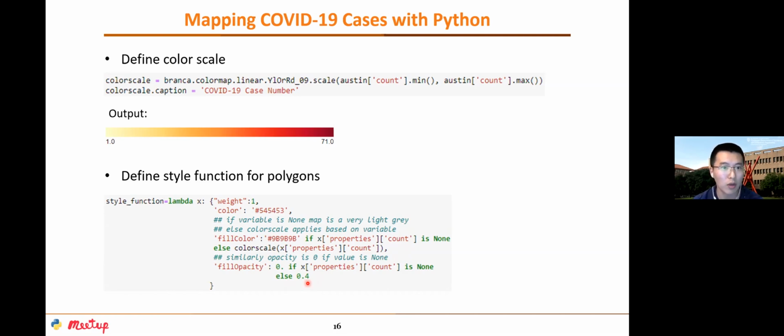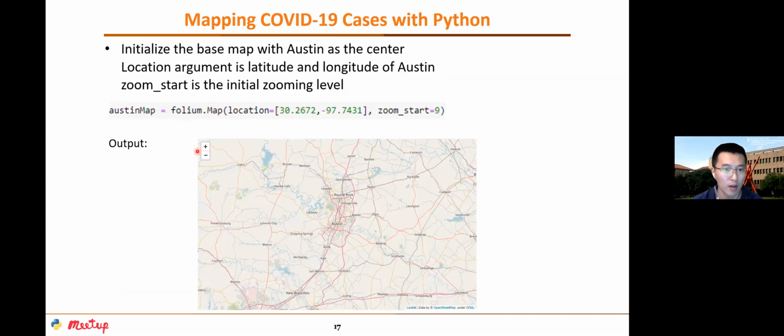After cosmetic work, we start to make our maps. The first step is to initialize the base map. So this line of code starts the map. The first argument, location, defines the center of the base map. So here I set it to